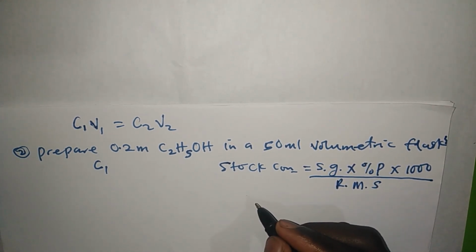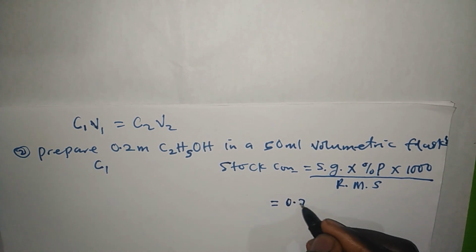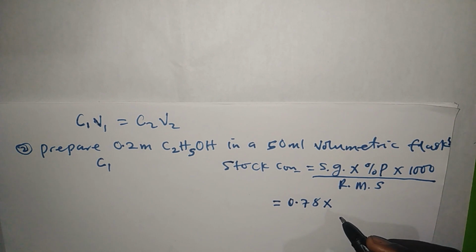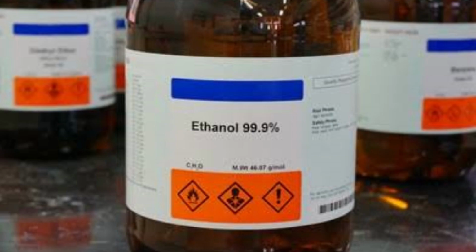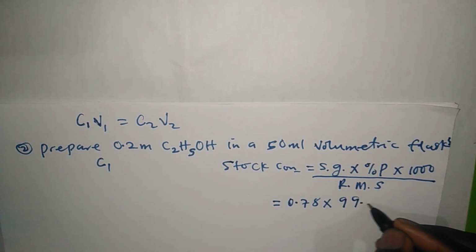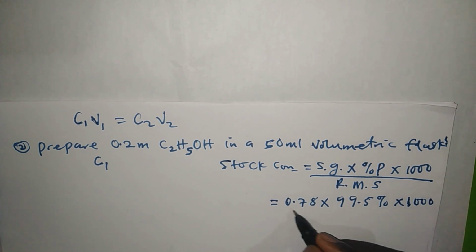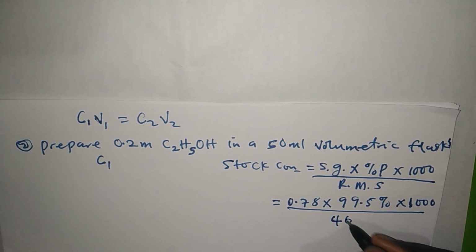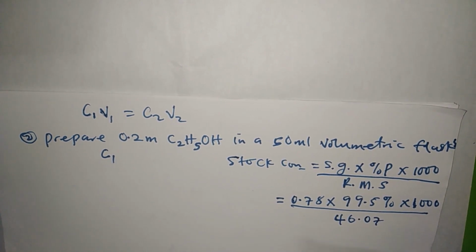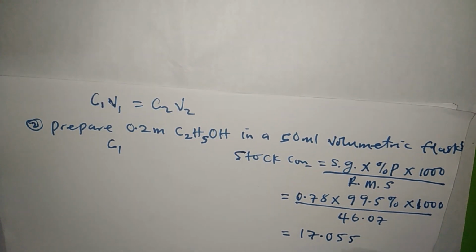Now in this case, the specific gravity of ethanol is 0.78, multiplied by the percentage purity of this ethanol. You check it on the bottle in the lab. When your ethanol comes in a bottle, the percentage purity is usually written on the bottle. So this calculation depends on the purity of that ethanol. Let's say we have a bottle that has 99.5% purity, right? Then you multiply by 1000, divided by the molar mass of ethanol, which is 46.07. Now when you do the arithmetic, what you have is 17.055